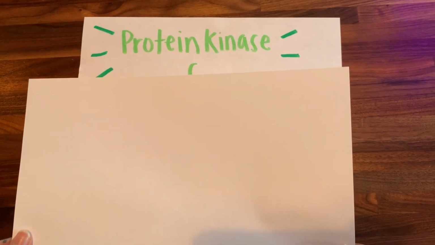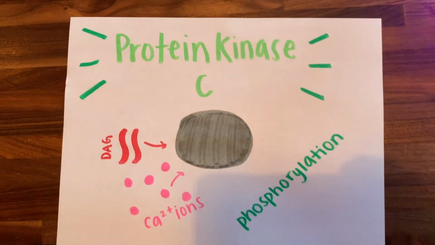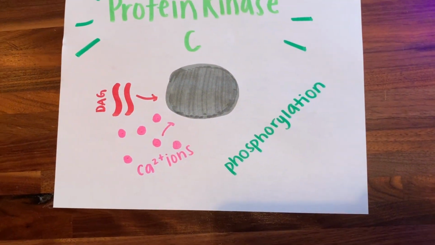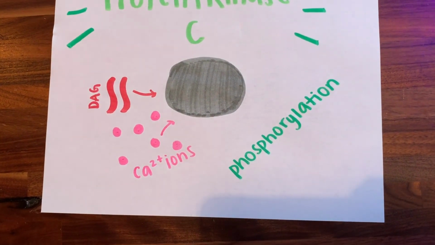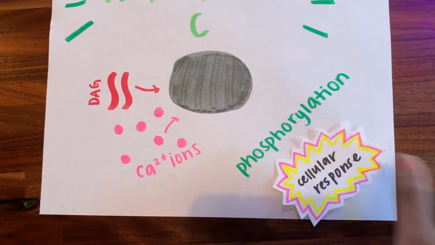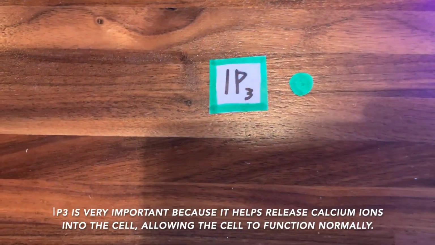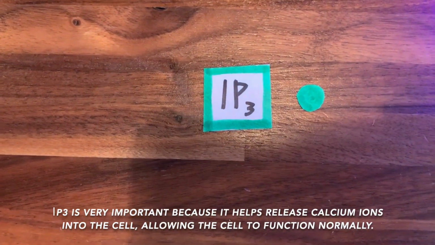An example of one of these proteins is protein kinase C, which is a protein that calcium and DAG activate. Once this protein is activated, phosphorylation, or the addition of a phosphate group, for target cells occurs within the cell, causing a cellular response. IP3's role as a second messenger in this system is vital to the survival of eukaryotic